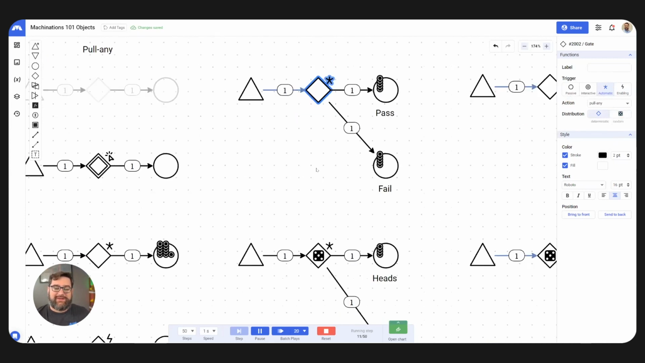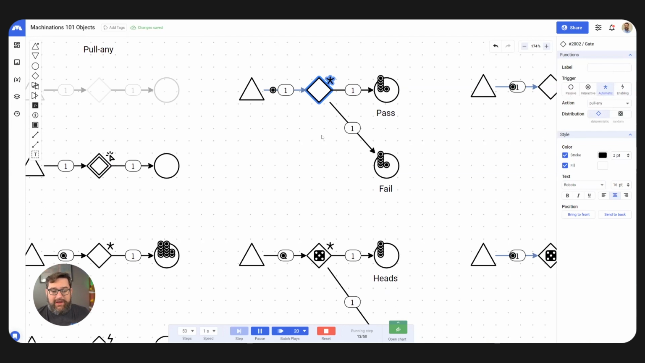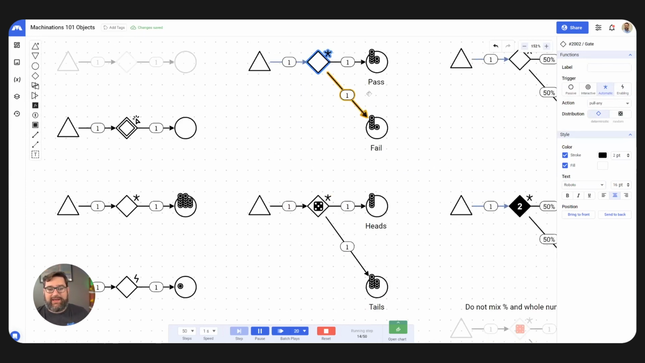And this is the first time today we've really been looking at what it means to then have a Monte Carlo in your simulation. So here I've got a random gate with random distribution. Each resource that comes into that gate gets treated individually, just as if I would just be sitting here flipping a coin. So every time it comes through, Machinations is saying, okay, what are the chances of it being a heads or a tail, and distributing the resources